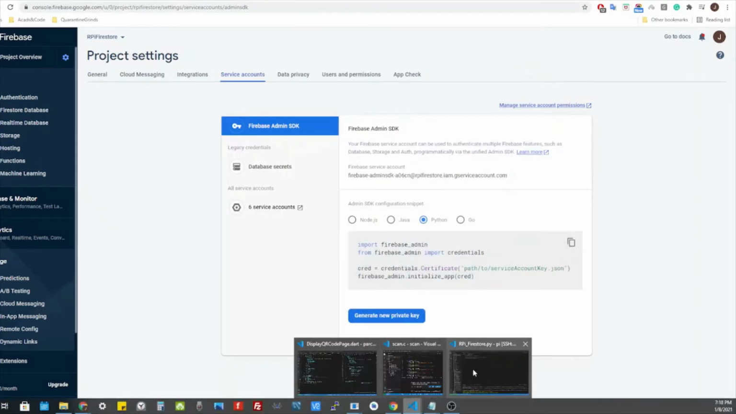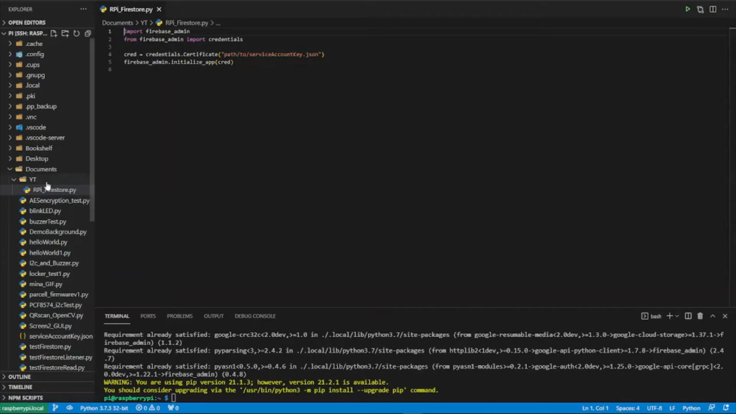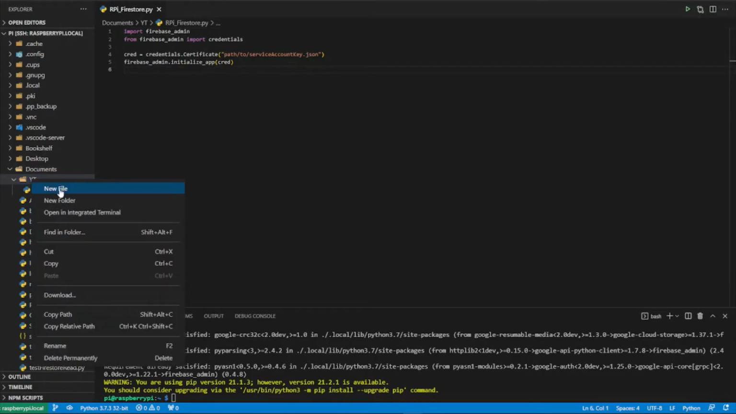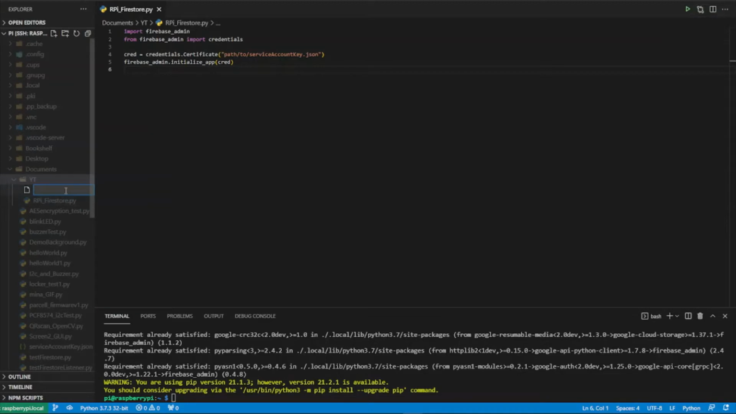Go back to our IDE, and you want to make sure that this Python script has its own directory. This one, I had a directory or folder of YouTube, YT. You can name it whatever you want. You want to make sure that the code that you are developing will have the same directory as our service account key. So make a new file in the same directory and name it